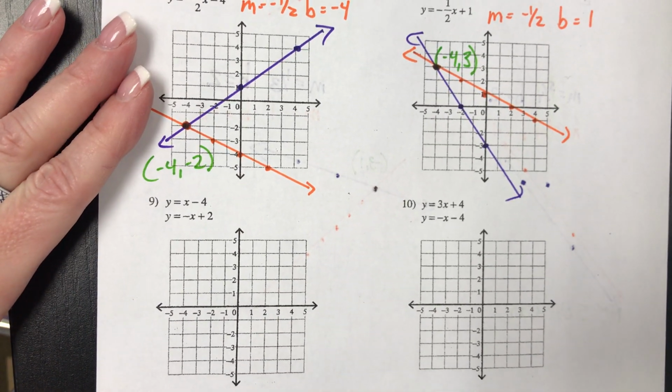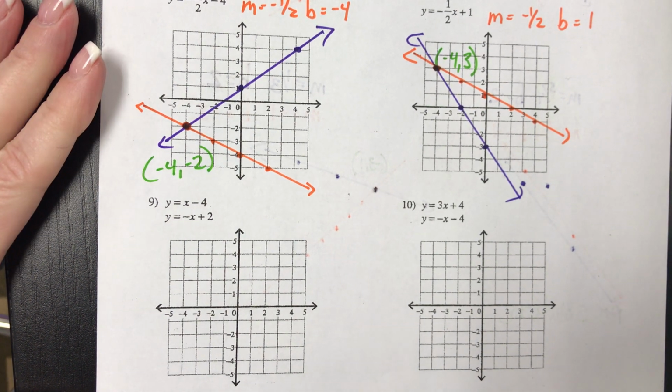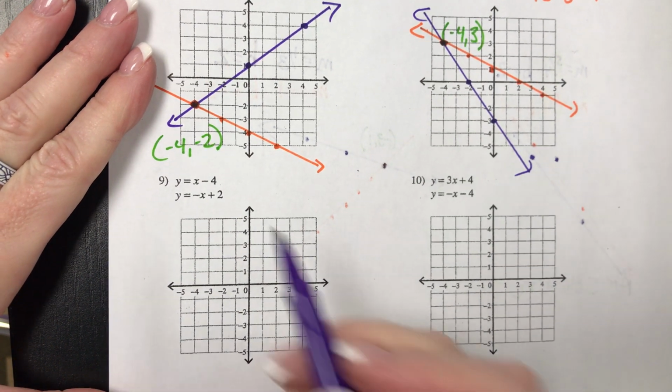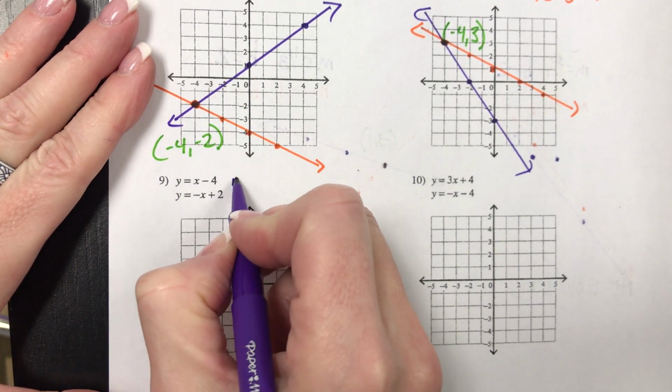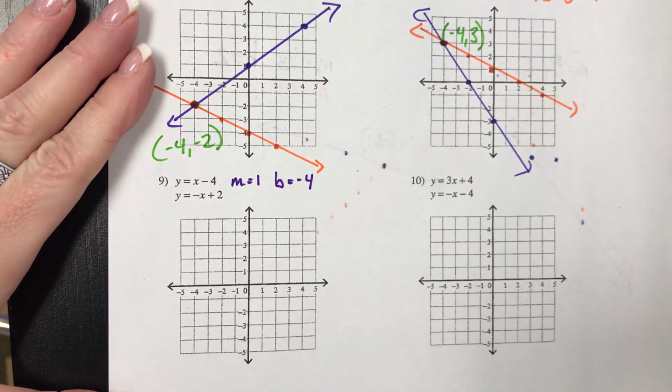Okay. Your homework looks just like this paper. When we finish with this video, and then you do your Edpuzzle video, then you will need to see your substitutes so that you can get the handout for homework. It is due tomorrow. All right, so number 9, M is 1, B is -4,